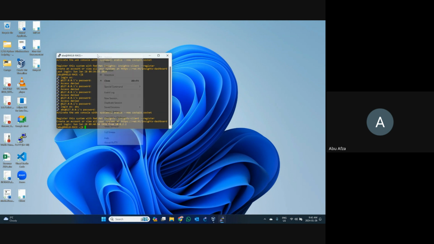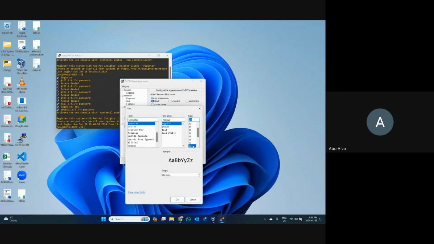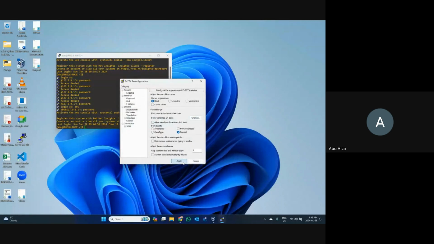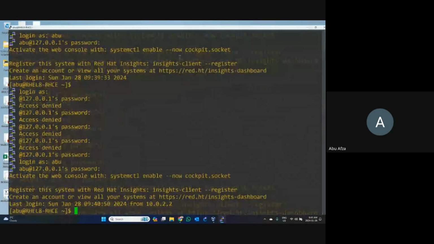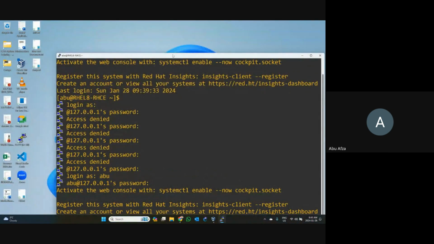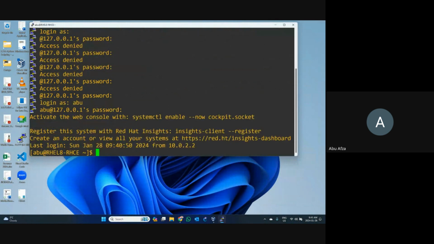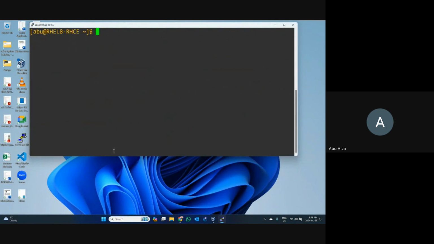Let me increase the font size and change something here. Click into change settings, click into appearance, click into change. You can change the font size, you can change lots of things, whatever you want. Okay, this is my full screen, so I need to make it not full screen like this way. Then you can see everything very clearly. So let's clear this screen. Write down clear, and everything is cleared from your screen.